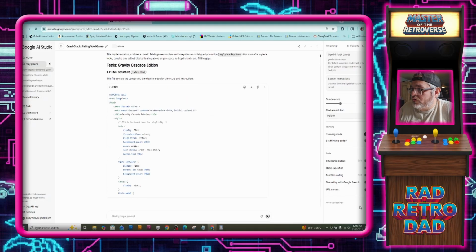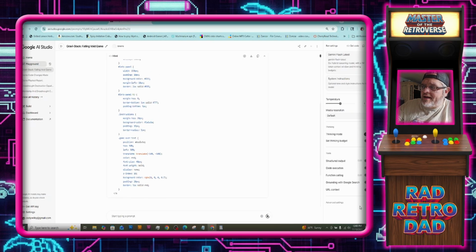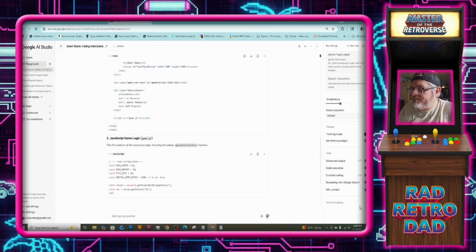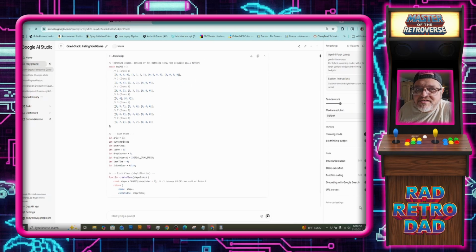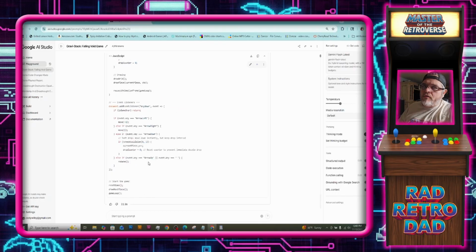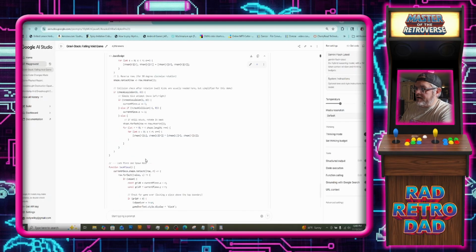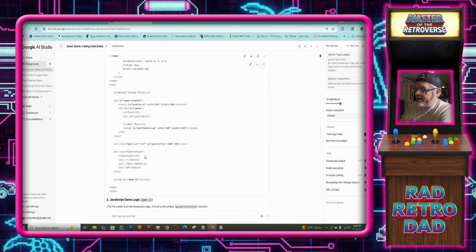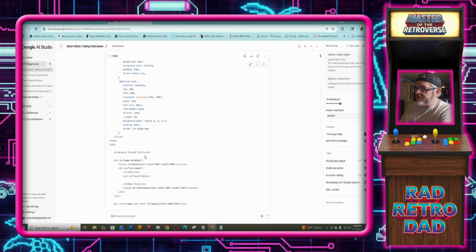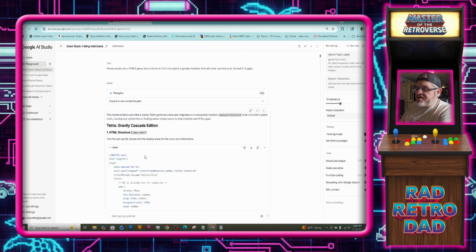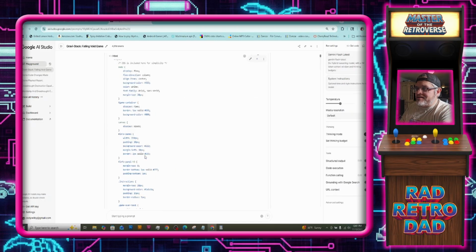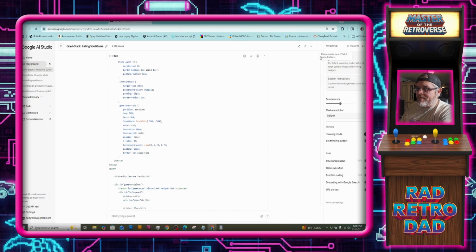And then it will give a quick description. We'll read it after it's done. And then it just starts busting out code. It won't always give you the entire code, so if it doesn't, it gives it to you in pieces. I'll show you what I mean. It gave chunks of code here. And you can say, okay, here's the JavaScript, and then here's the HTML structure. So it did program the game, but it didn't give you an entire